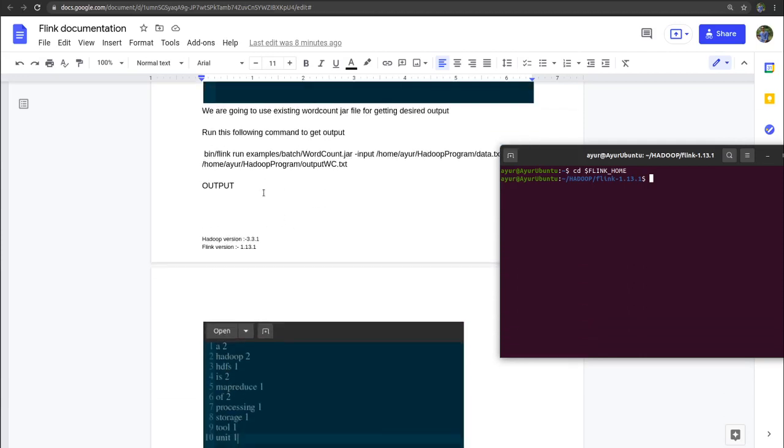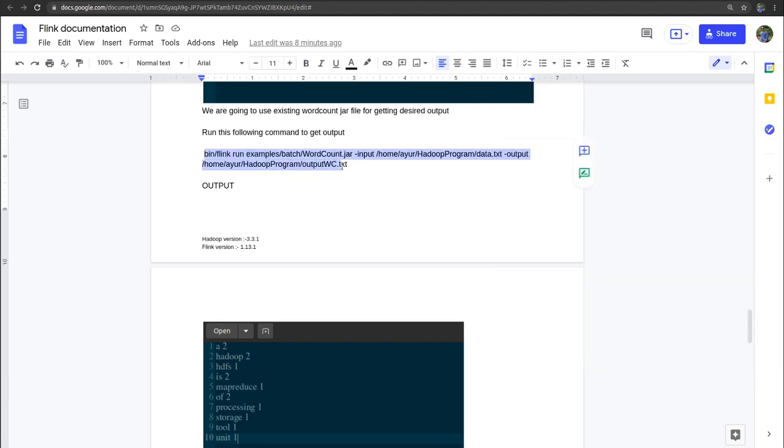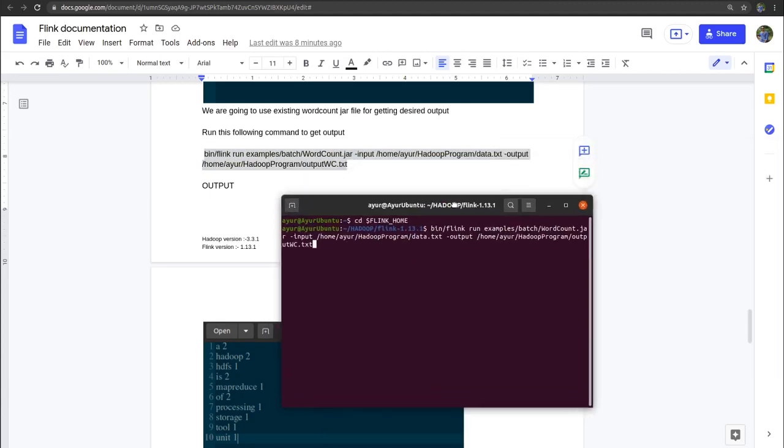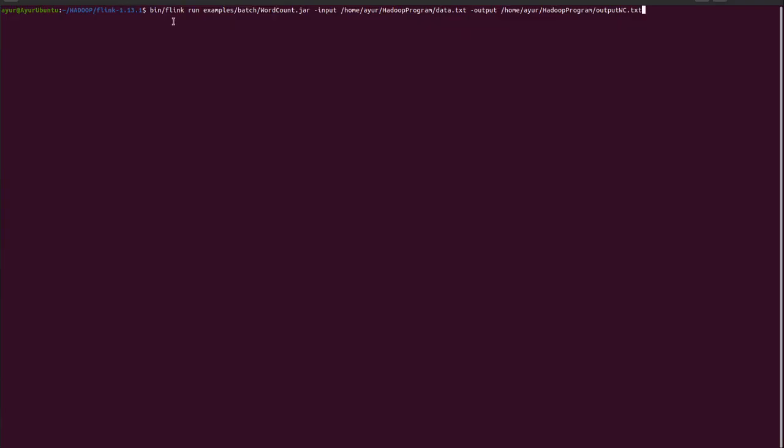We just have to run this command over here. Just copy it, and I will paste it here. It is the bin/flink run command to run the WordCount.jar, which is already present in the examples/batch directory in our Flink directory, and then we give it the input.